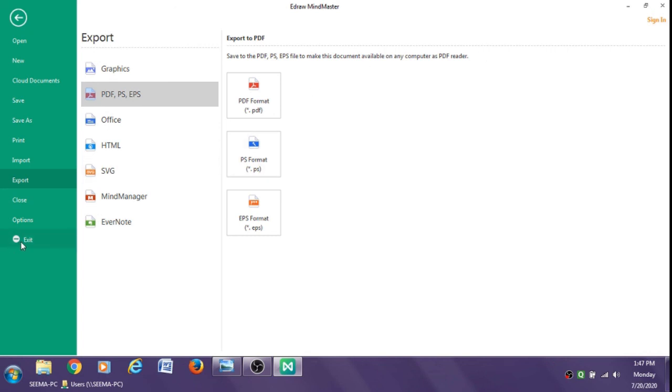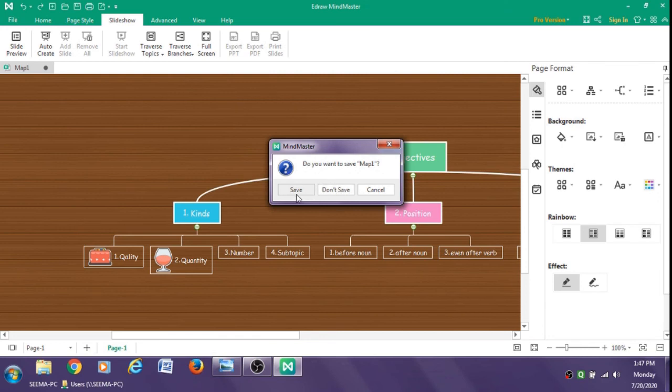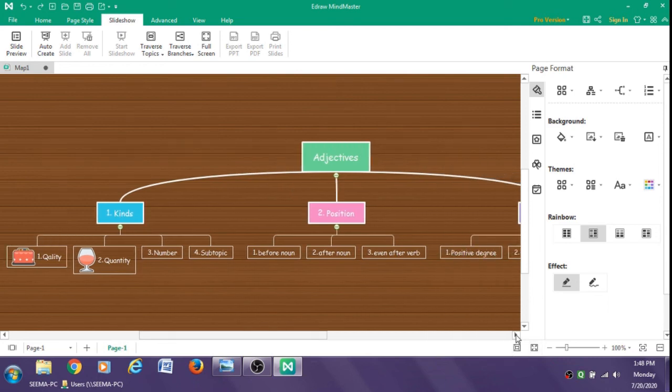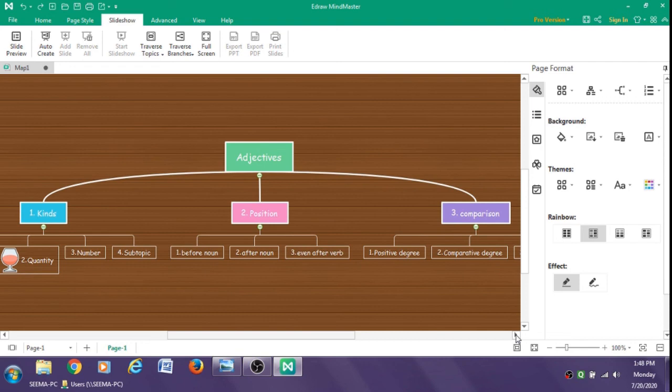So this was all about the mind map. The mind map has been proved as a very effective tool by the researchers also, that it is a very effective tool to enhance the understanding of the students, and it increases the achievement of the students. So I hope that you will use these tools in your teaching learning process, and that's all.